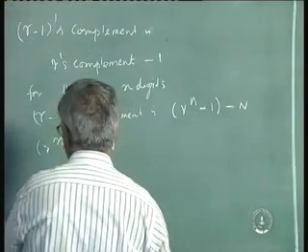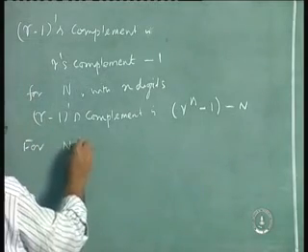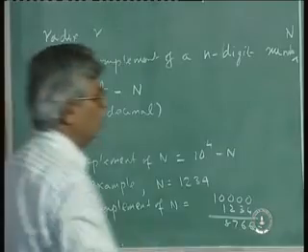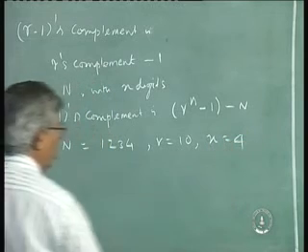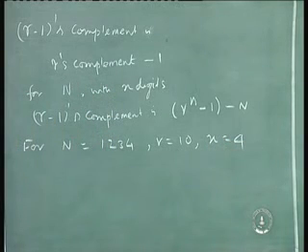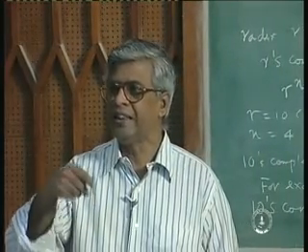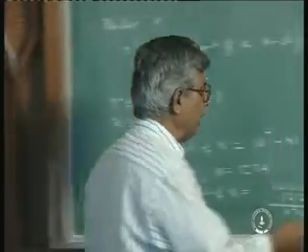So I will apply the same for the same number N, which is 1, 2, 3, 4. R is equal to 10, and small n is equal to 4 again. But instead of r's complement or 10's complement, I will now define r minus 1's complement, which is 9's complement. R minus 1 is 9. So 9's complement is